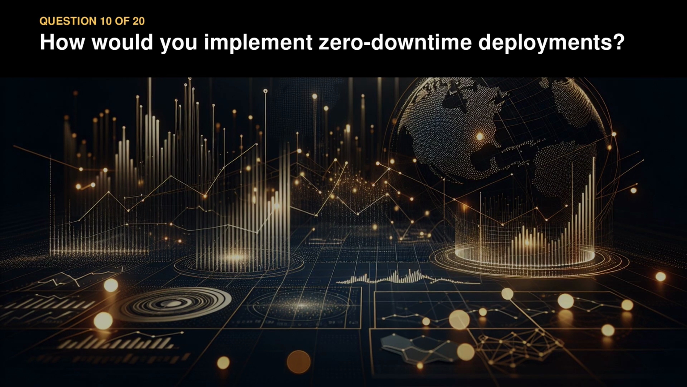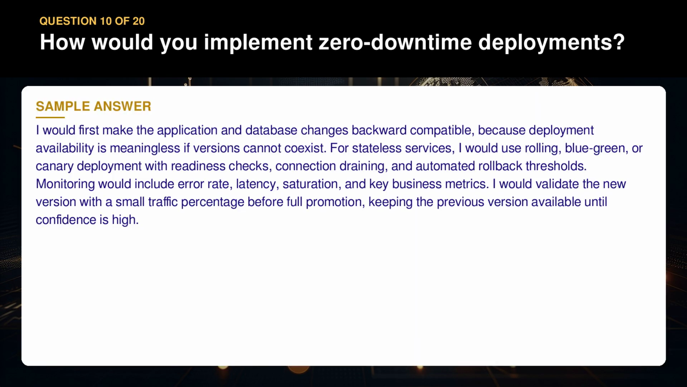Question 10. How would you implement zero-downtime deployments? I would first make the application and database changes backward compatible, because deployment availability is meaningless if versions cannot coexist. For stateless services, I would use rolling, blue-green, or canary deployment with readiness checks, connection draining, and automated rollback thresholds. Monitoring would include error rate, latency, saturation, and key business metrics. I would validate the new version with a small traffic percentage before full promotion, keeping the previous version available until